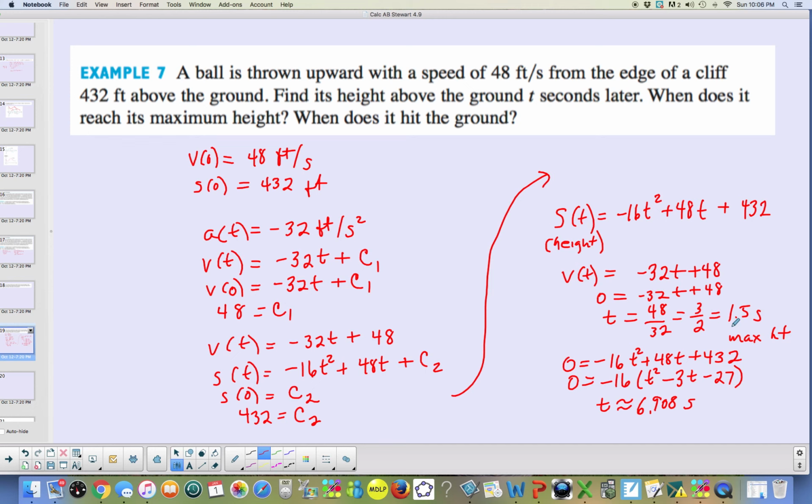The last question, when does it hit the ground? I go back to my position function, set it equal to 0, solve for t. I had to use a calculator, and I got about 6